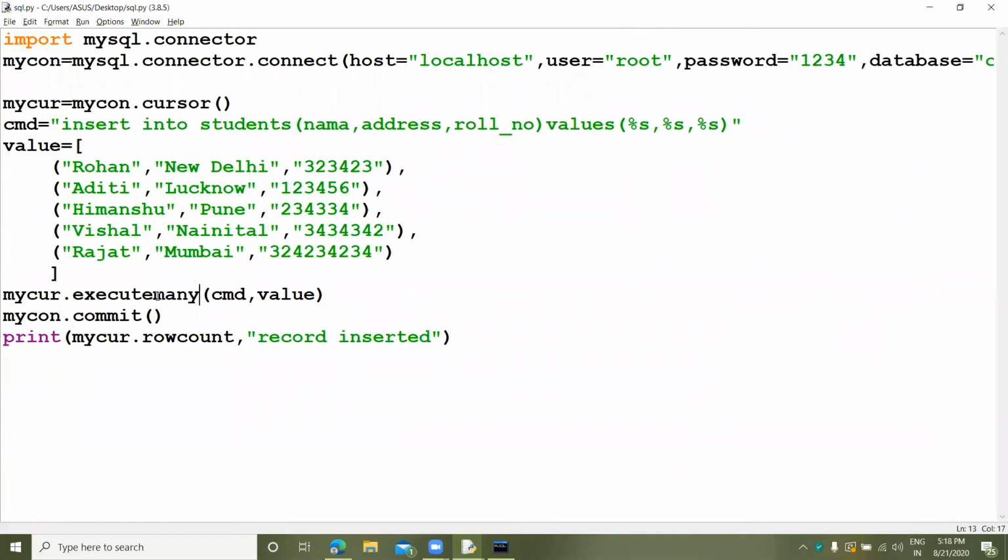You can also use a loop for making the insertion of the data. How will you do it? Let's check. So let's remove this first.